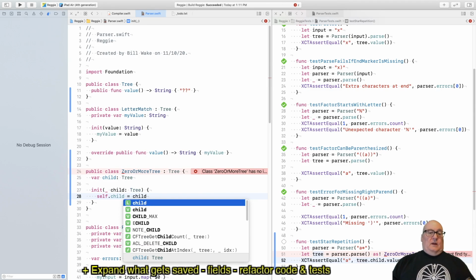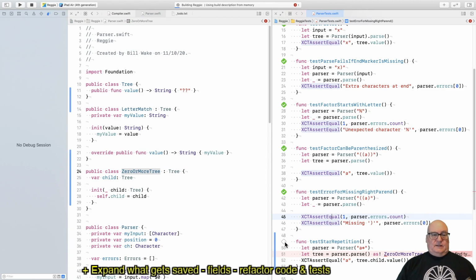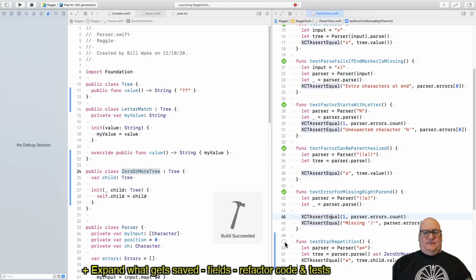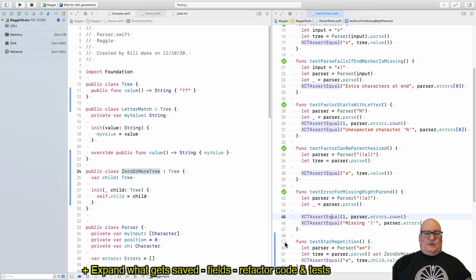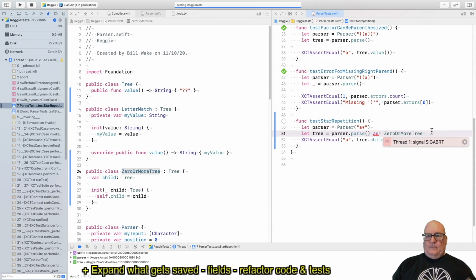Okay, so for a repetition operator like that, all we need to know is what you are repeating. Okay, we know based on your type, you're a 0 or more tree. We know that you do repeat everything. So let's run this. Should fail. Okay, parser.parse is going to get some other type. Okay, yeah, we get an abort. Okay, because right now our parser only returns letter matches. Okay, so let's